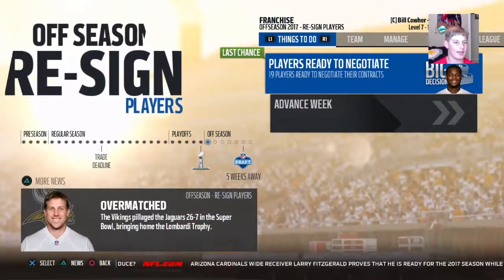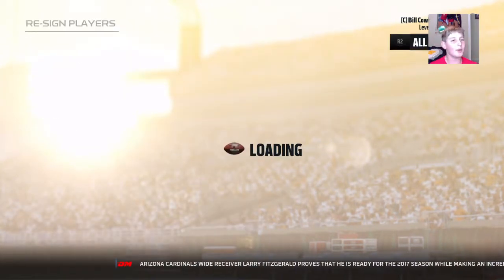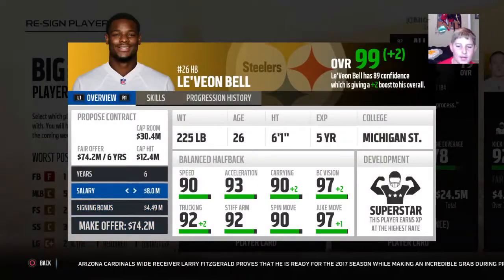This is the last opportunity to resign your players, or they will become free agents. These players are on the last year of their contract. Cap room is the closer your contract proposal is to the...